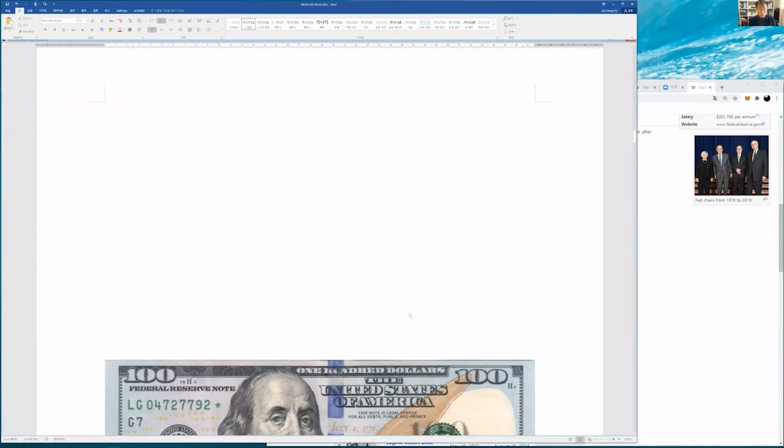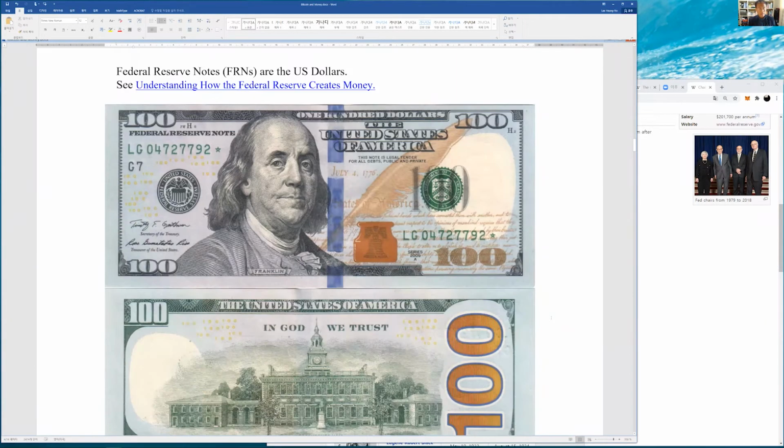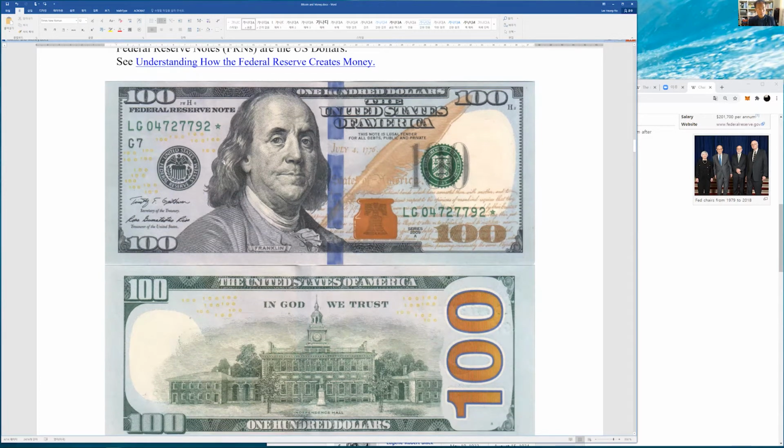And the Federal Reserve Board did make this monetary policy, and when the policy mandates to create more US dollars, the Fed is the one who decides to do that. So these US dollars, this is a picture of a 100 US dollar bill. Basically, they are Federal Reserve notes, as you can see from this picture. So this is a $100 US bill, and